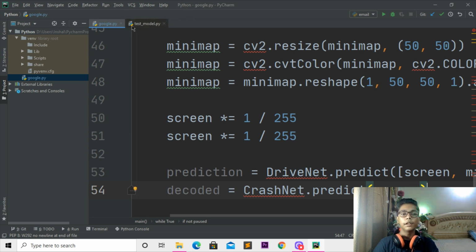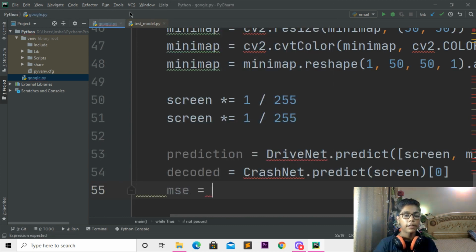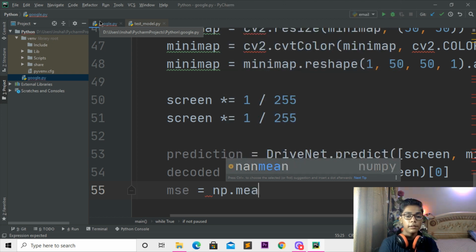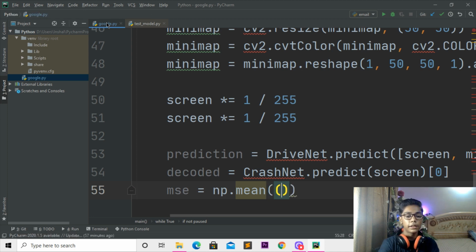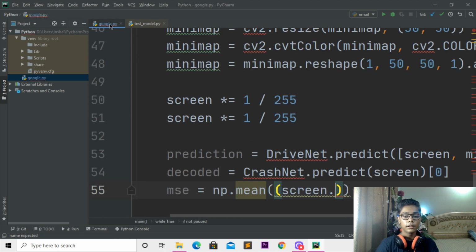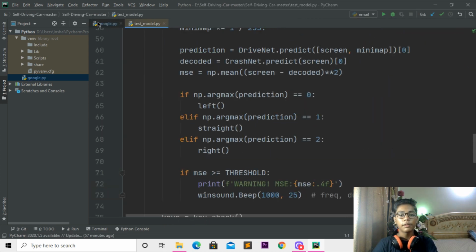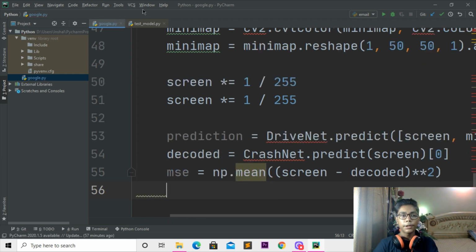So when you've done with that, here I'll be now coming then changing that to like square bracket 0. So when you've done with that, here I'll be writing MSE equal, then I'll be changing that to like np dot mean, and here when you've done with that, I'll be now writing this bracket, and here I'll be writing that to like screen. So here I'll be writing that. When you've done with that, here I'll be now writing this minus decoded. So when you've done with that, here I'll be doing one thing, like I'll be coming here, and then I'll be changing that to like this time 2, and now I'll be coming underneath,